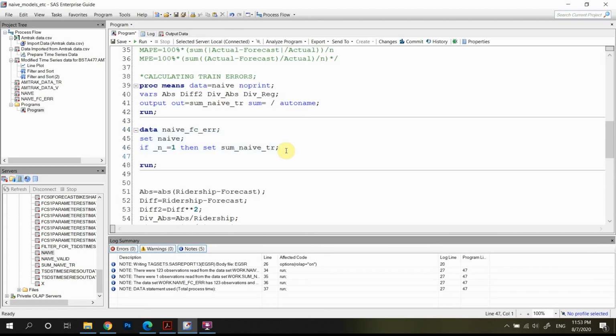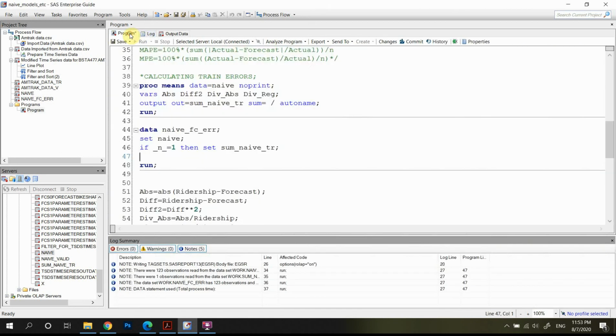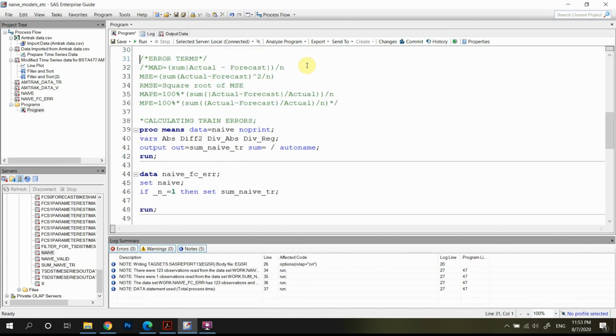Now we also need to add, we have this frequency, and the frequency is right for the whole number of rows. But it's not correct for the number of n to be used in the formula, because now we don't have 123 rows, we actually only have 122 rows, and we need to take that into account. So what we're going to do, we are going to actually